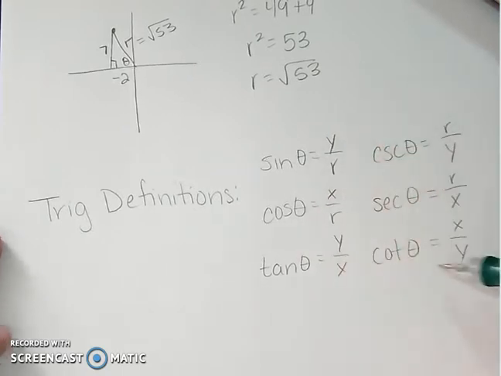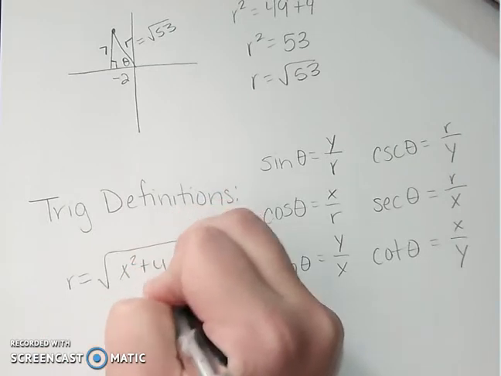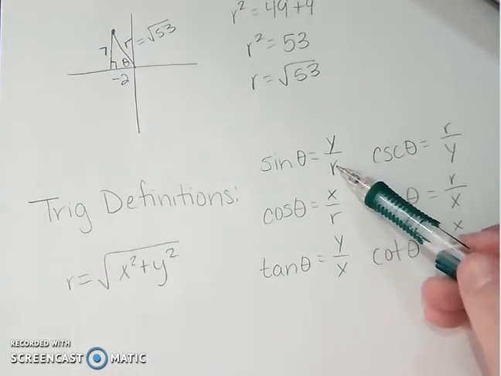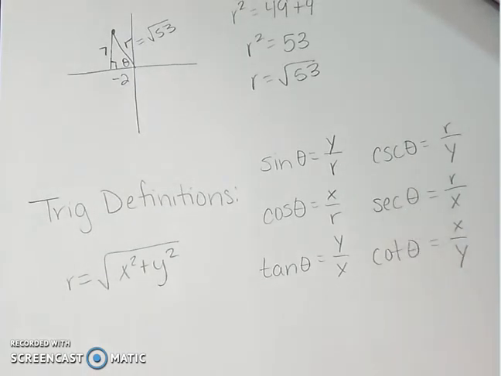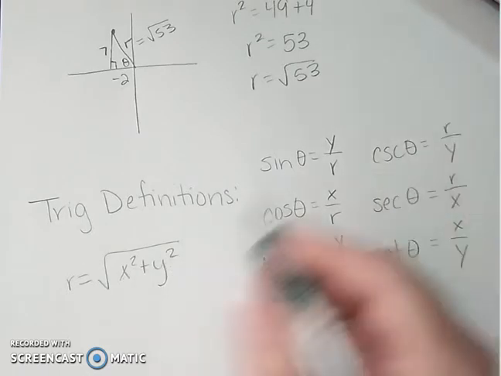So these are very helpful whenever it comes to ordered pairs. If you don't necessarily want to draw triangles, you can remember this. But it is very, very important for you to learn these. And remember, the easiest way to find r is by using the Pythagorean theorem, which would just be x squared plus y squared, and then taking the square root. Also remember with these, r is always going to be a positive number because you are squaring two numbers and then adding them up, so r is always positive,